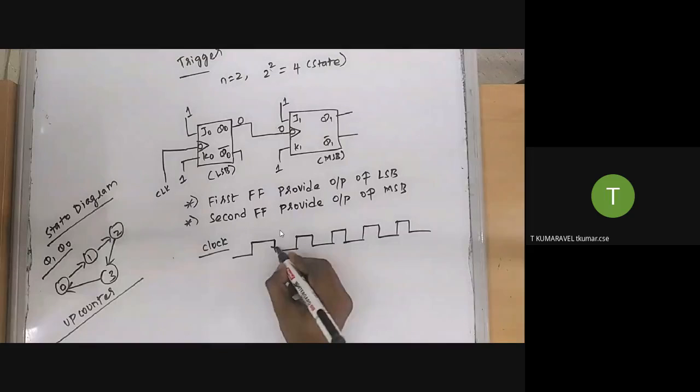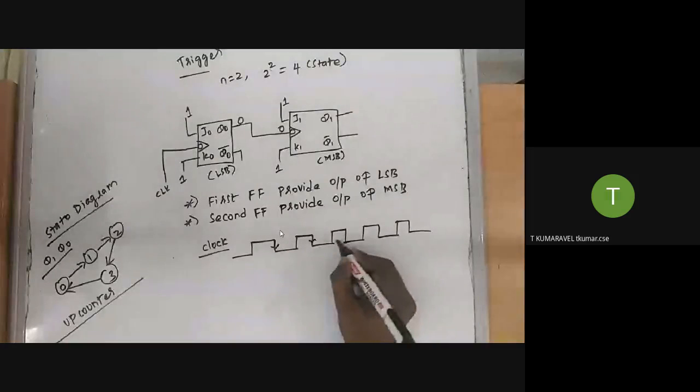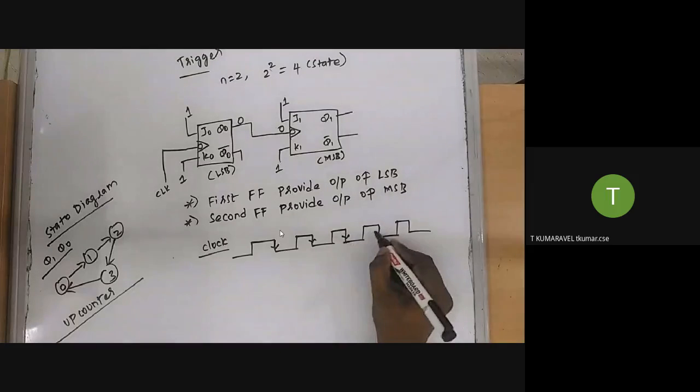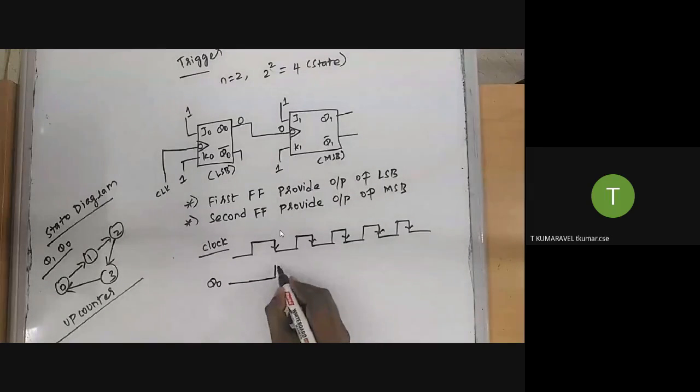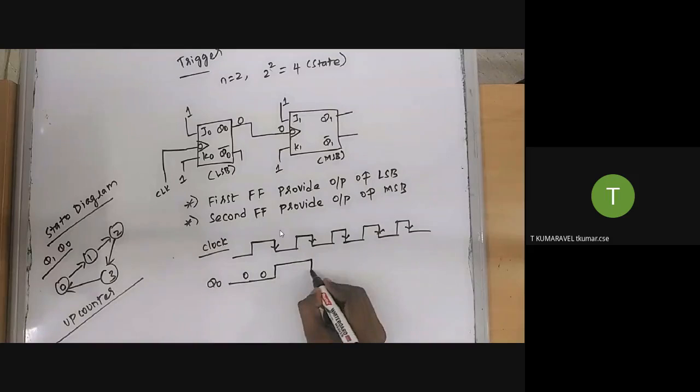Whenever the negative edge occurs, your flip flop is going to react. This is a positive, this is a negative, this is a negative, and this one is a negative. So for example, the initial state of Q naught is 0. Whenever the negative edge occurs, it's going to react. The initial state is 0, so it will retain the same state